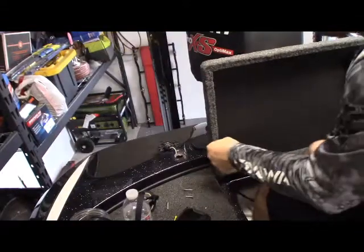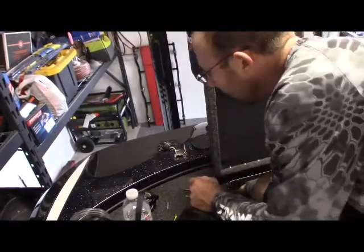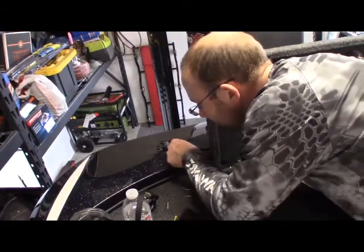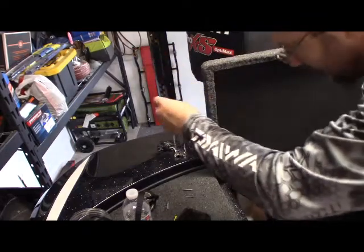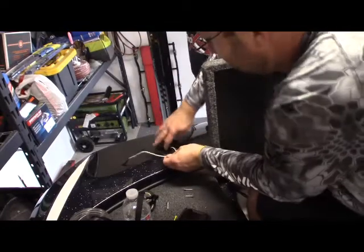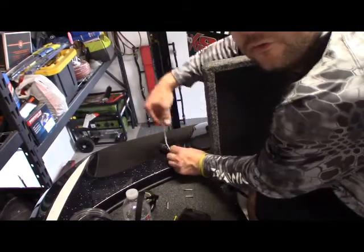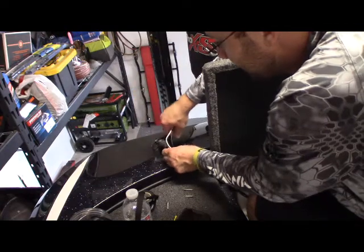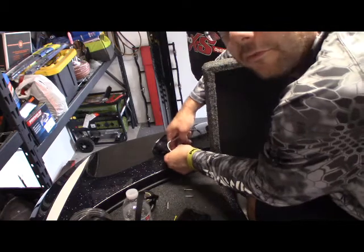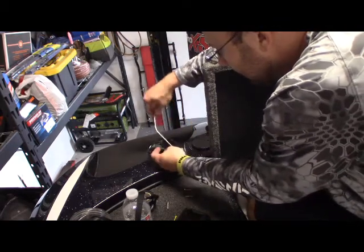Alright, I think this is a better view for you guys. You could see right here my light coming out, and it's really tight for me to get under here, but I'm going to try to feed this through, and I'll probably trim this a little bit, but I'm going to end up clipping this wire here and connecting these two to it. The bad thing here is I really don't have a whole lot of room. When I clip this, it's probably going to fall into the compartment, so it kind of sucks,